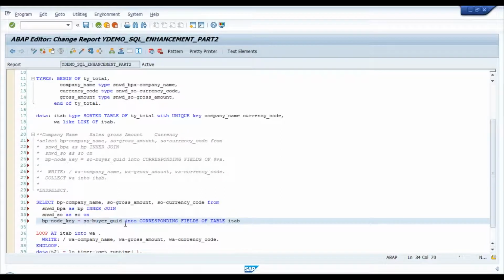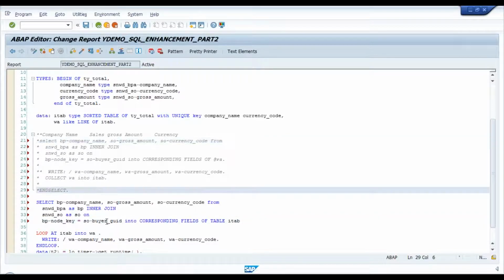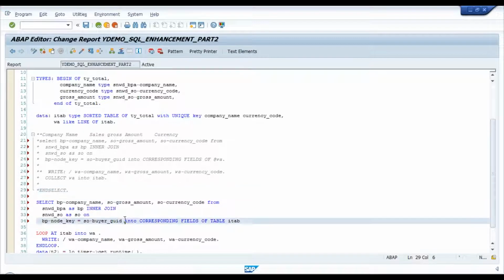This way you are hitting the DB only once, point one, because it's not a select and select. Select and select is a loop on a database table. It pulls records one by one and pushes them into the application layer. But here you are getting all the results finally in one shot with one single hit to the DB in your internal table. This is one point of improvement,